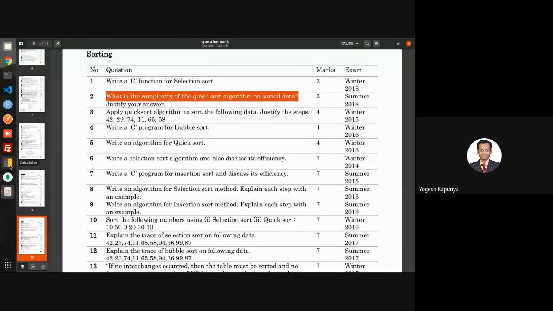So that means data is inversely sorted. But here it is said that data is sorted. Sorted means you can assume that you want to sort the elements in increasing order, but the elements are already sorted. So your input is actually the output over here. Then what is the time complexity of the quicksort algorithm? That is the question.